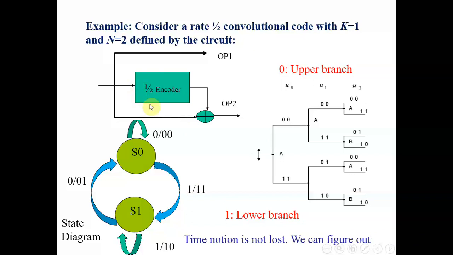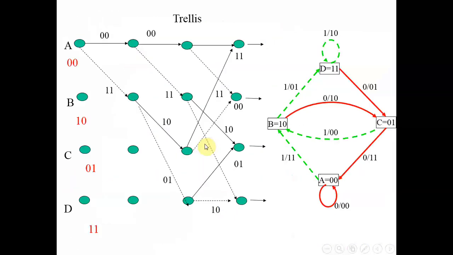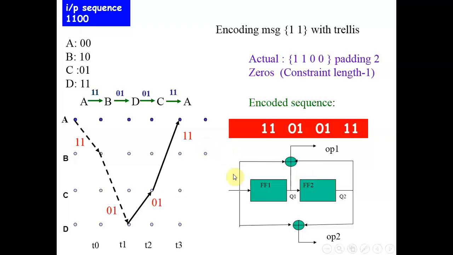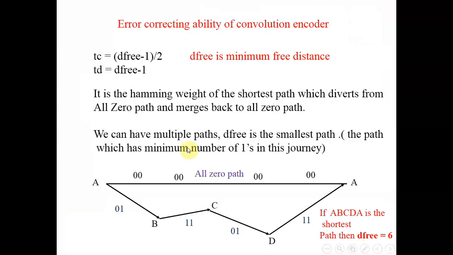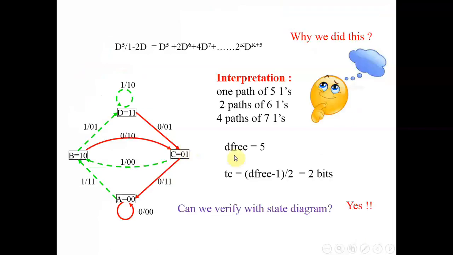So this particular encoder can correct only 1 bit of error in the received code word, and the encoder which we discussed earlier can correct 2 bits of error in the received code word. So if you have transmitted a code word and you receive it with 2 bits of error maximum, then this can correct it. So just go through the video once. I hope you have understood this.